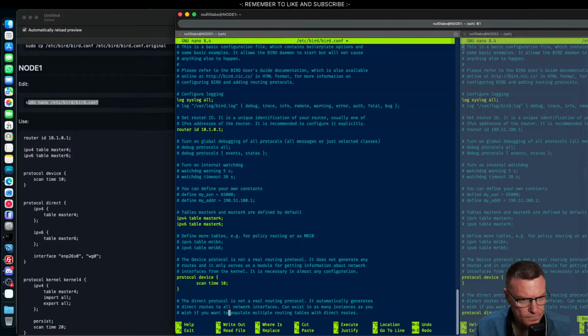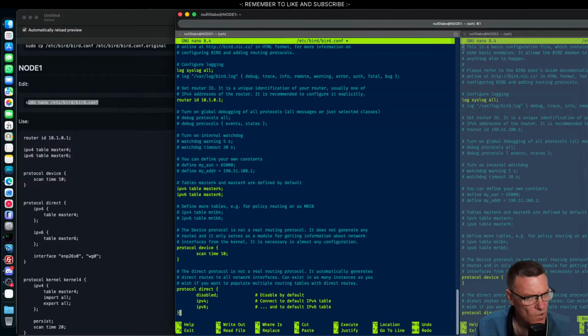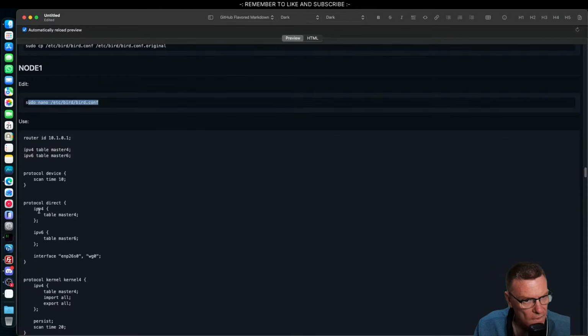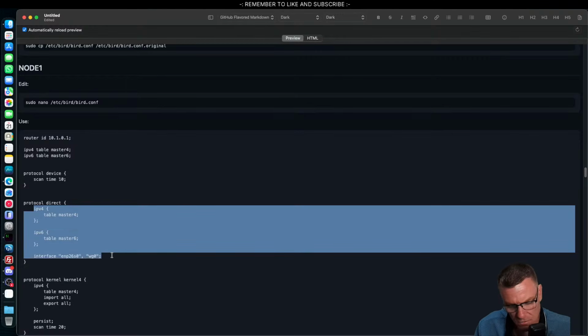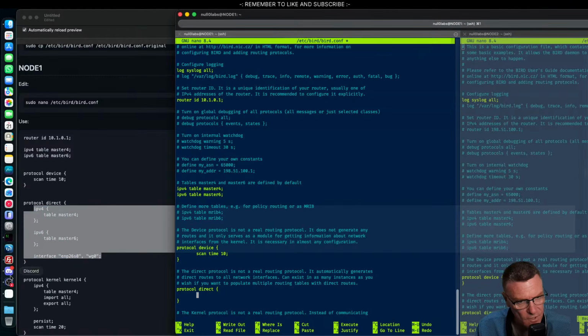Okay. Protocol direct. So this is the same as bringing in the connected. So let's delete that out, because that is disabled by default. Okay. And then we're saying IPv4 table. So is that saying that we're going to, hold on, right, I think so. If I copy this and put it in a minute,